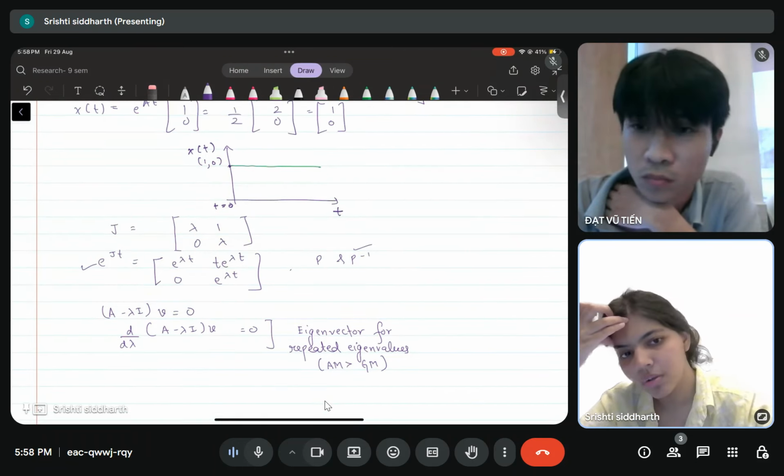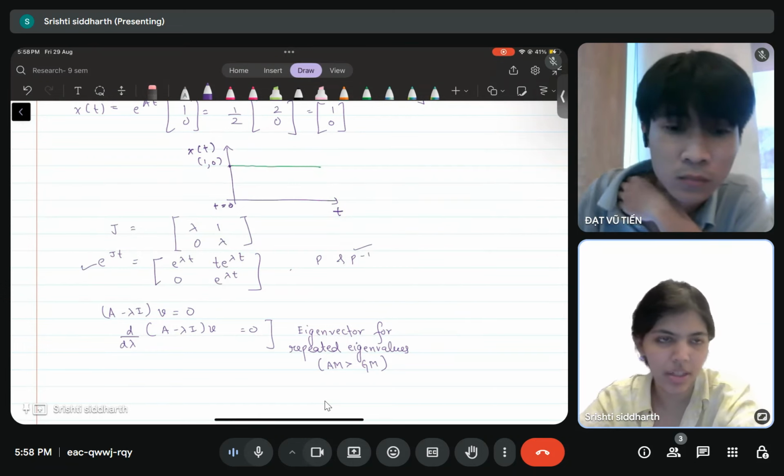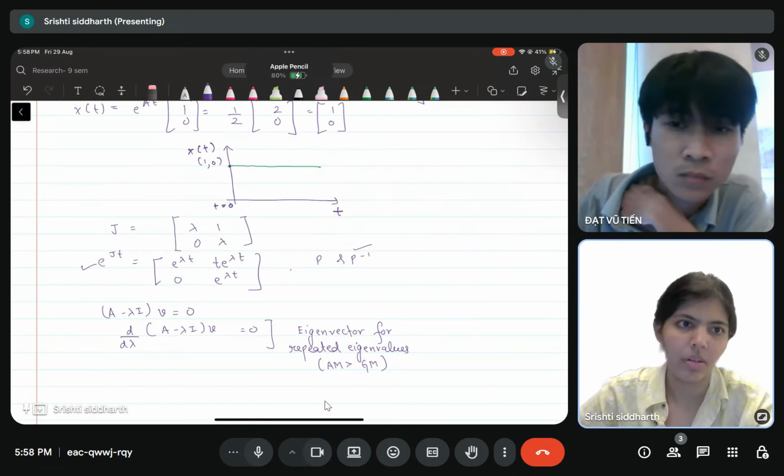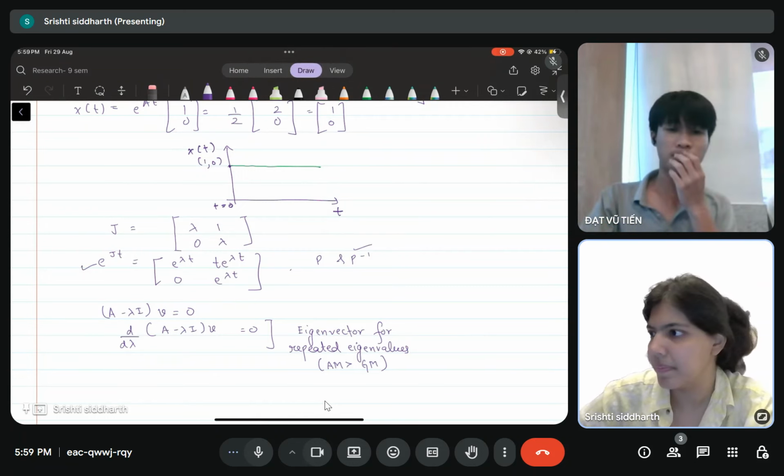Why do you want to use singular value decomposition? Is it easier, or can you find it easily using MATLAB? Is there a reason that you